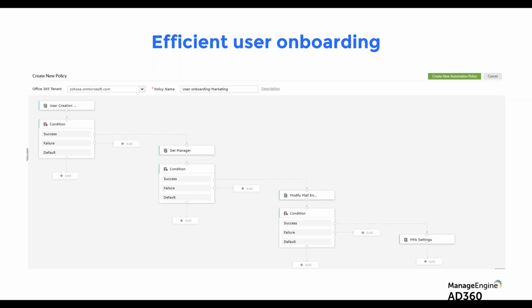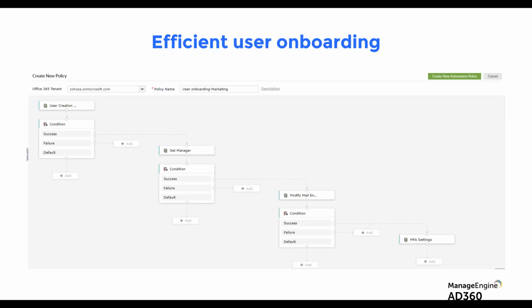The policy that you see right here is essentially the logic that drives the automation. I'm talking about onboarding users to the marketing department. As an administrator, I am very well aware that users belonging to different departments require different entitlements. A user belonging to the marketing department may not necessarily need the same set of licenses as one belonging to the sales department or the HR department. So here we are getting granular, helping the system understand the context and having a certain set of conditions at every juncture to validate whether it's going as per our recommended flow or should we take an alternate course of action.